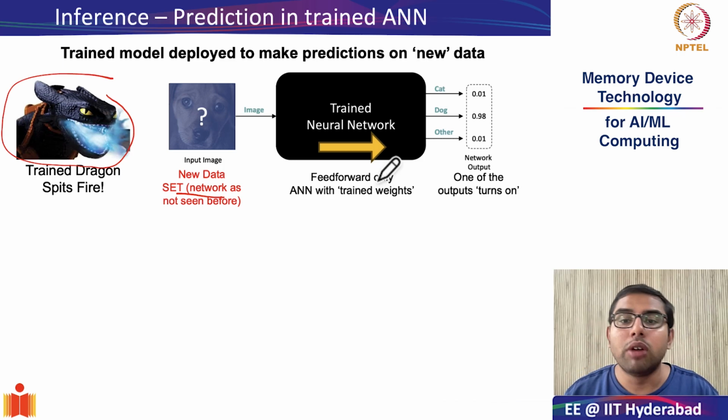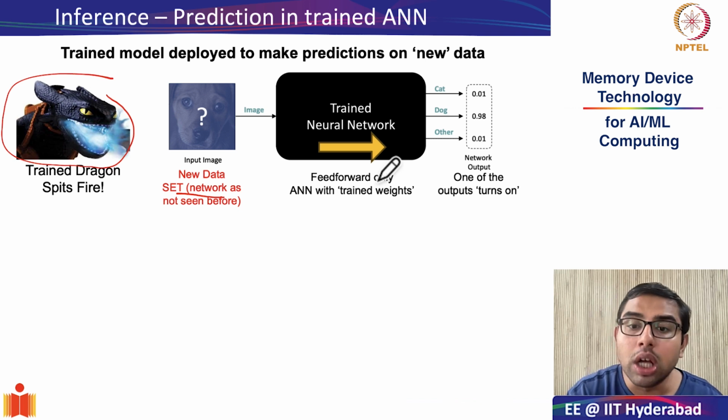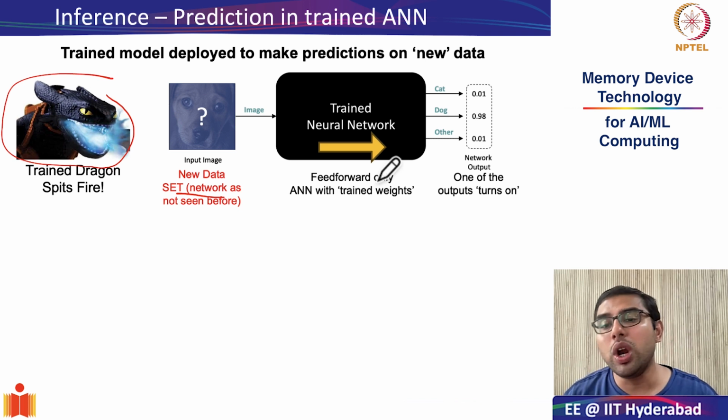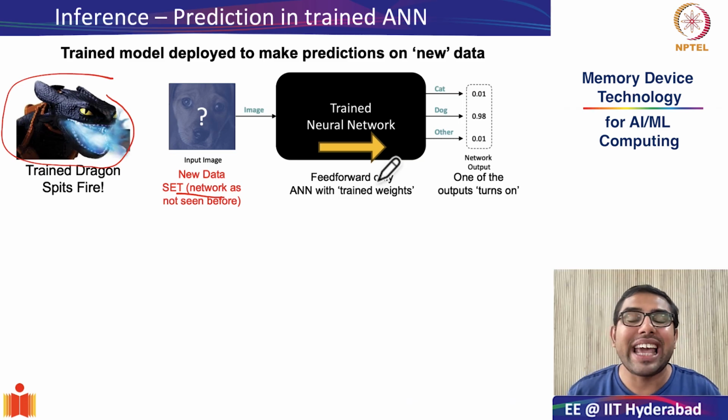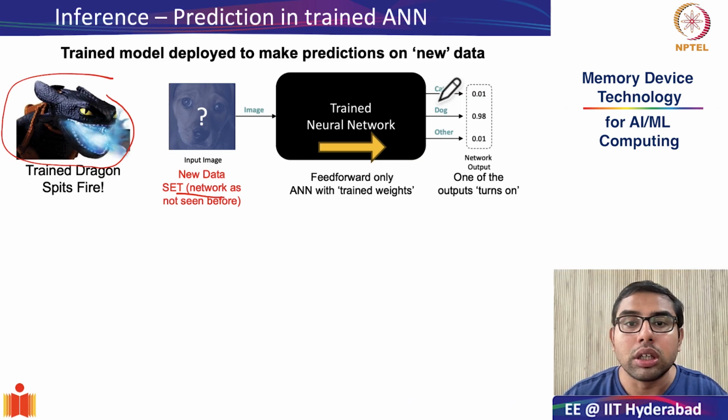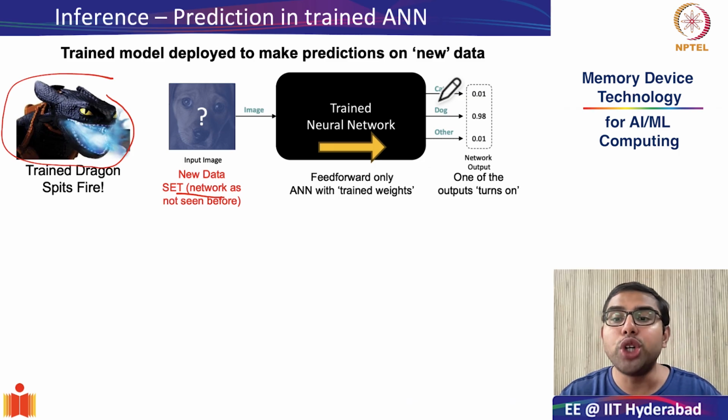And finally, when we look at the output layer, it produces a prediction or a decision based on the processed input. The nature of this output depends on the task the network was trained for. So for example, in this case, it was classification. And we can see that when we feed an image of a dog that the network has never seen, the